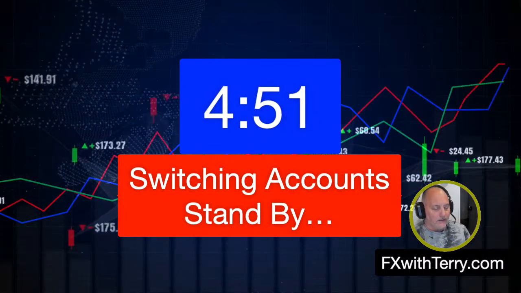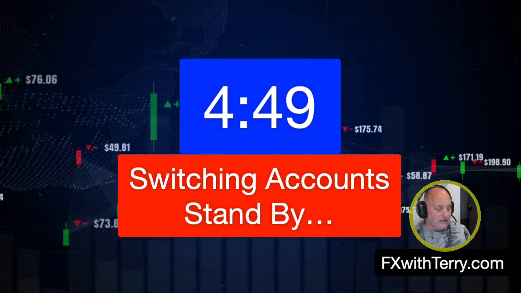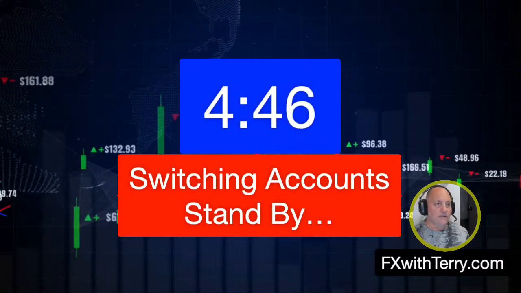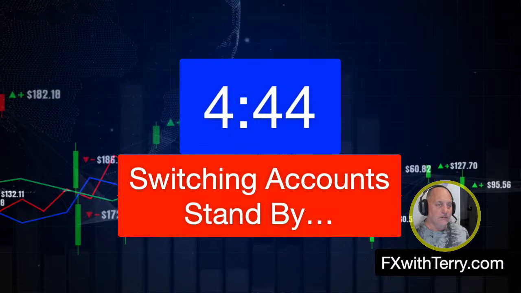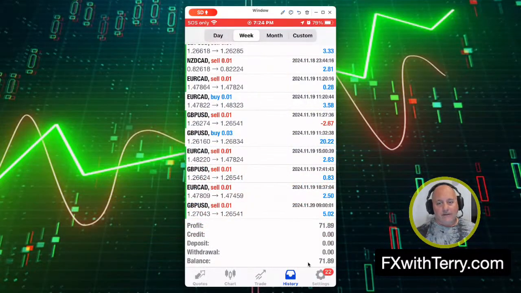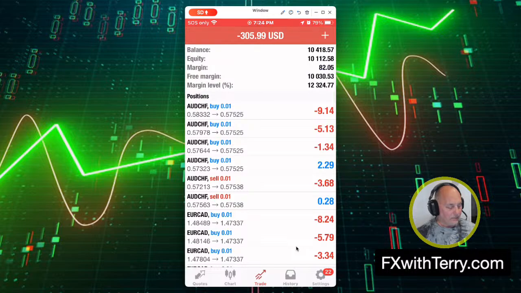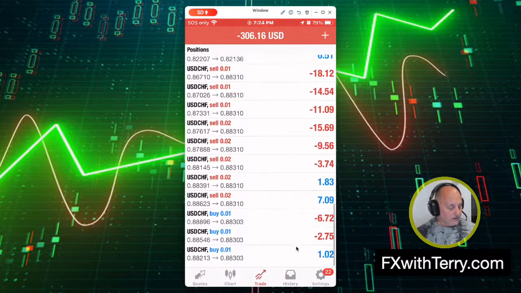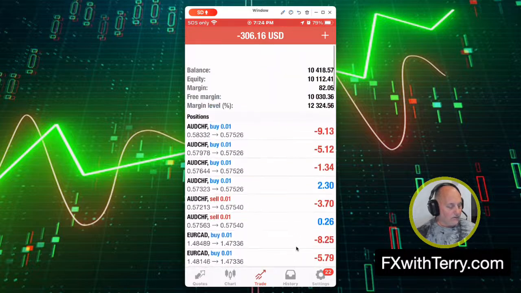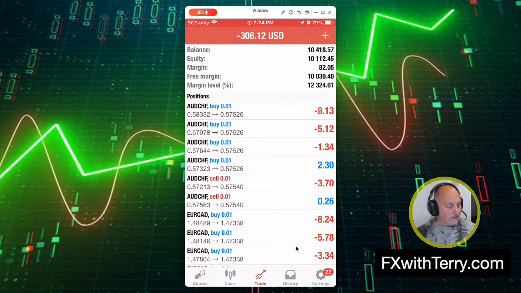Remember I was trading 5 different currency pairs? I mean, this thing is just, yeah, it's a very secure algorithm, but it's only making like 70 or 80 bucks a week. And I don't know if I like that. I really don't know if I like that. I'm trading 5 different currency pairs, all on a mathematical algorithm. $300 drawdown, 12,000% margin level on a $10,000 account. It's just not impressing me at all. Not enough to be able to launch this.